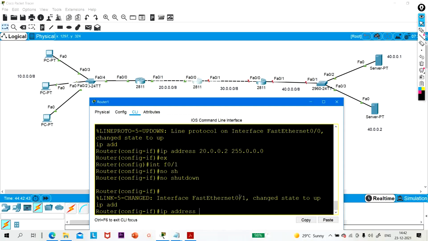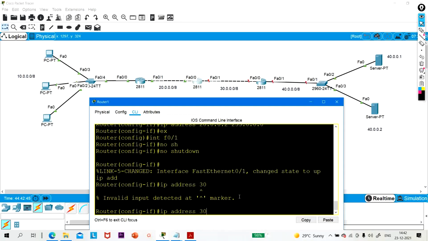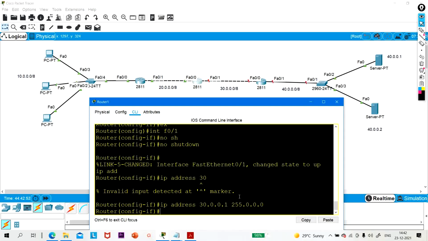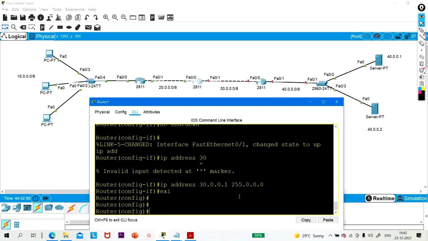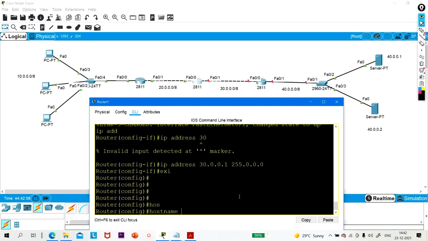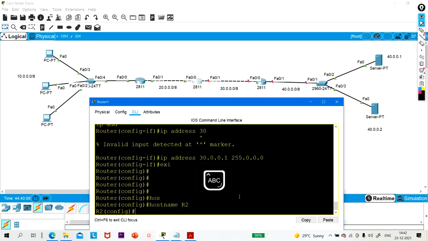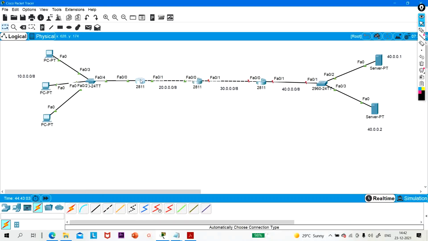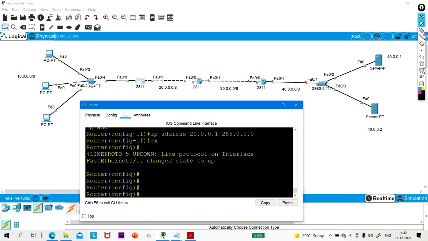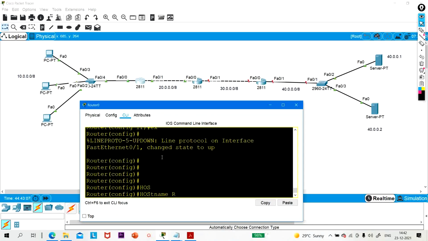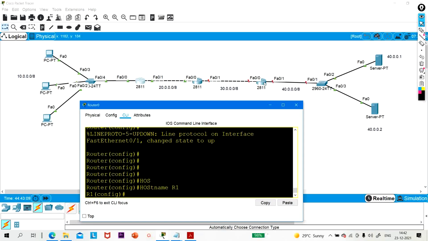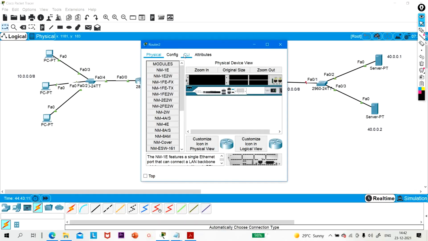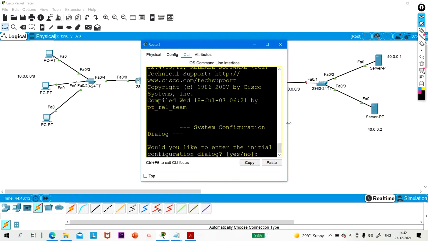IP address will be 30.0.0.1 255.0.0.0, and let me change the host name of this router. So the host name is R2. Okay, let me change the host name of this router as well, R1. Fine. Now let me configure the IP address on router 3.